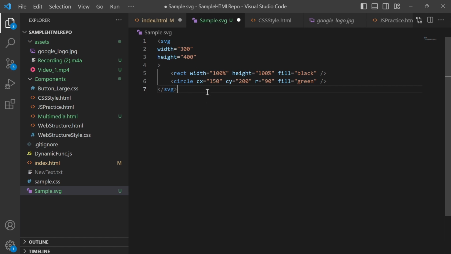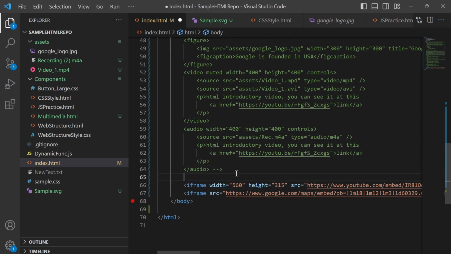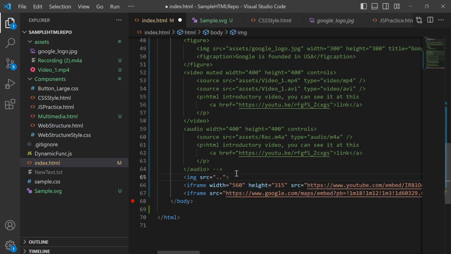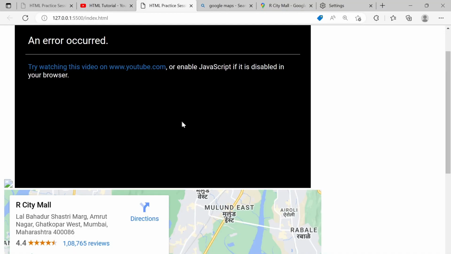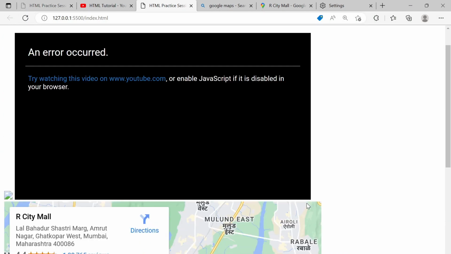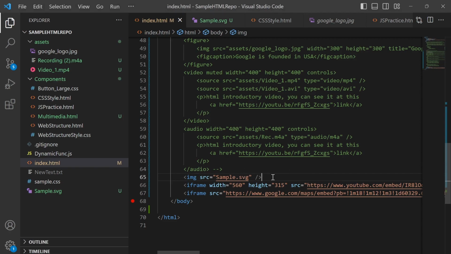I will try to create this one. Fine, I will just put in this much. We'll see if it works or not. Okay, that SVG isn't available.